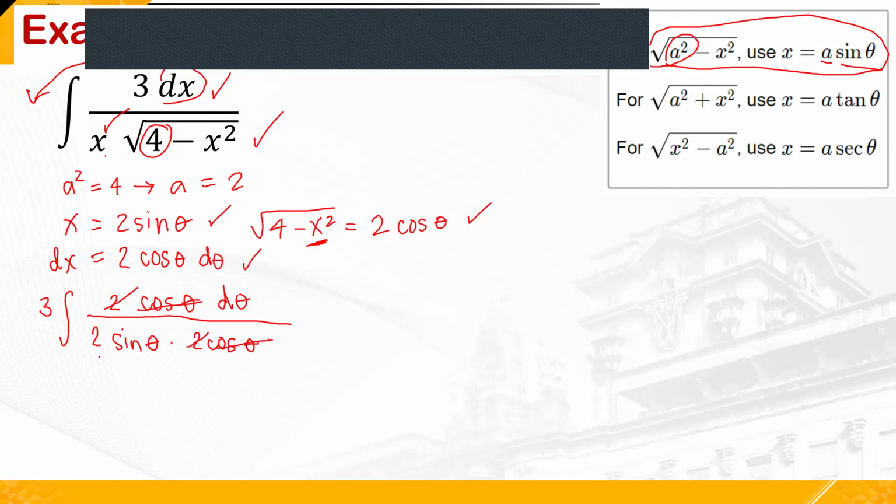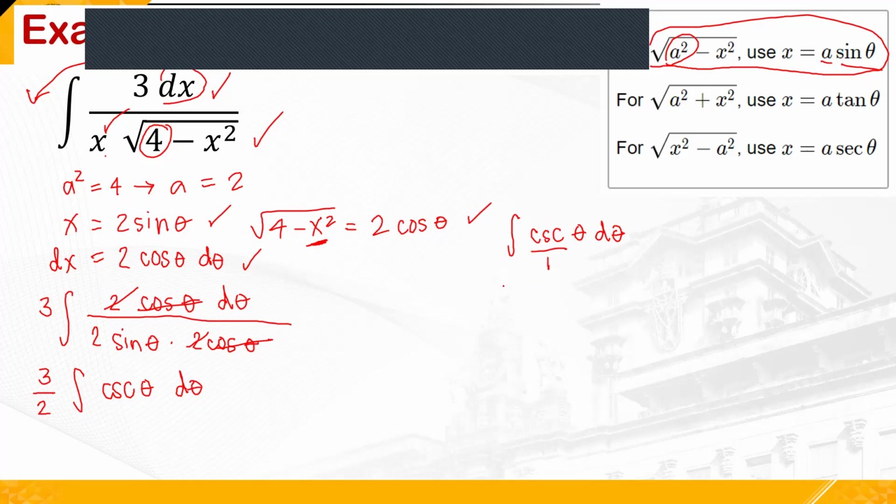So, d theta tapos 2 sine theta. So, 3 halves yung ating constant. Tapos yung 1 over sine theta, it's actually cosecant theta d theta. So, there's actually a formula for this. Kung medyo attentive tayo doon sa mga pinapicturan ko sa inyo na integral. But if you want to derive the expression for this integral, parang yung sa second lang to, kaya lang gagawin nating trick dito is we multiply,